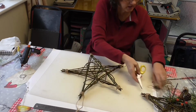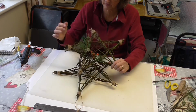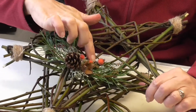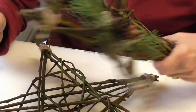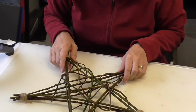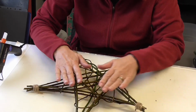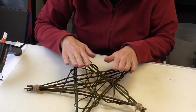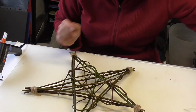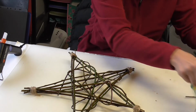Now the next thing is going to be to put some decoration on, and I've just put some very, very simple pieces of fur and the cones and some little artificial berries I found. So you just need to fire up your glue gun. It's a good idea probably to wait until it's dry before doing this. But if I just place them in place, you'll be able to see. Well, I will do it, and then I might have to redo it once, of course, it's dry. But I've got some fur here,